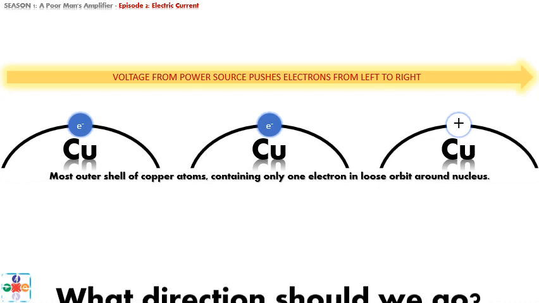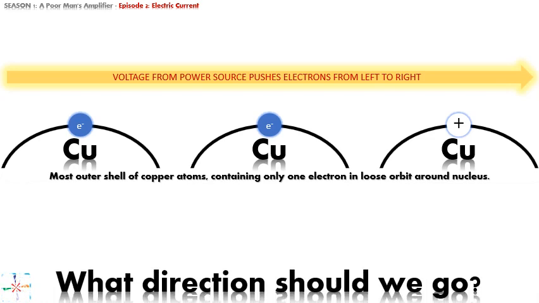Okay, let's draw a couple more copper atoms. This time we will zoom in just on the outermost shell, the one where there is only one electron orbiting the nucleus. Out of pure carelessness, let's say that the copper atom at the far right has lost its outermost shell electron. Now, the neighboring copper atom to the left, or more precisely, its outermost shell electron, sees a vacant